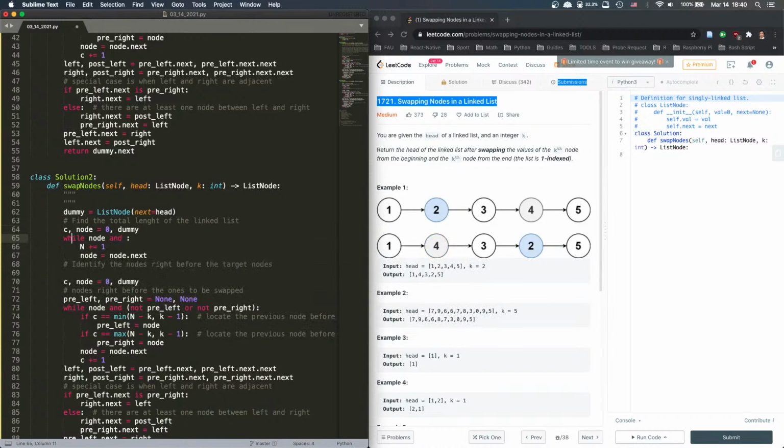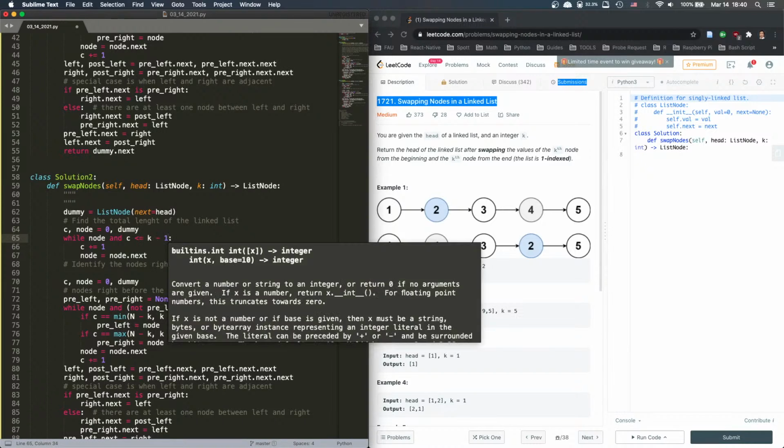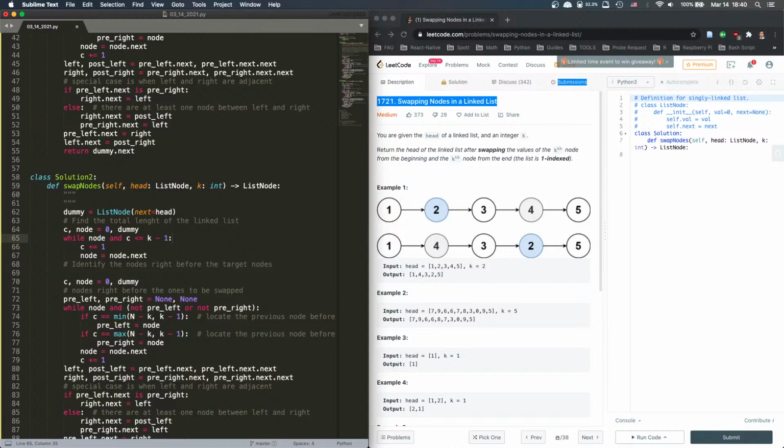C, it has to be c. And we say c is the count. And then we say if c is smaller or equal to k-1. And then we'll keep going,